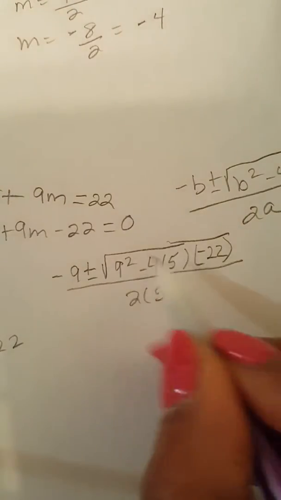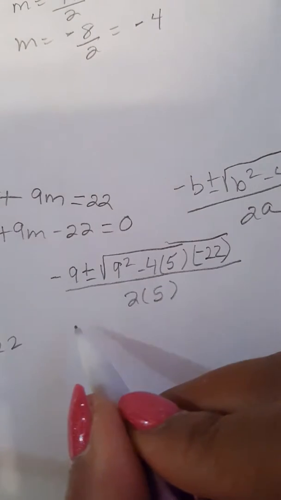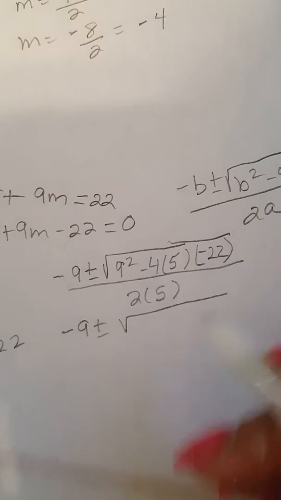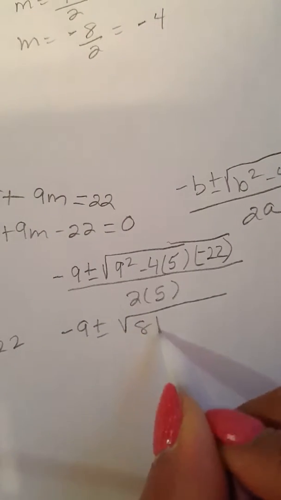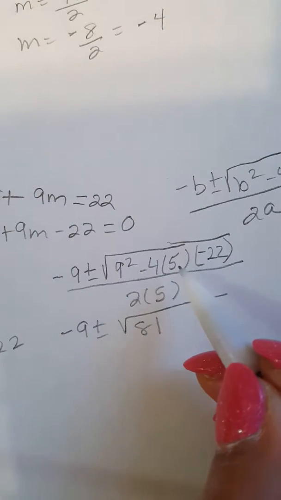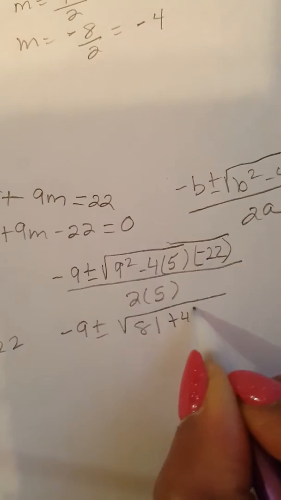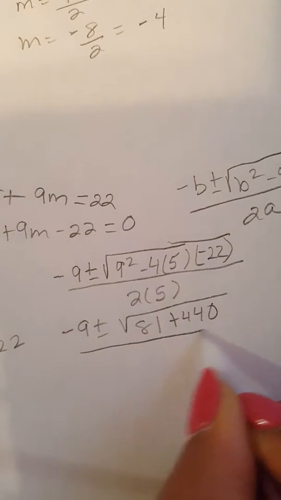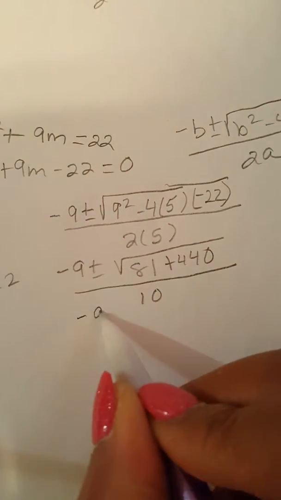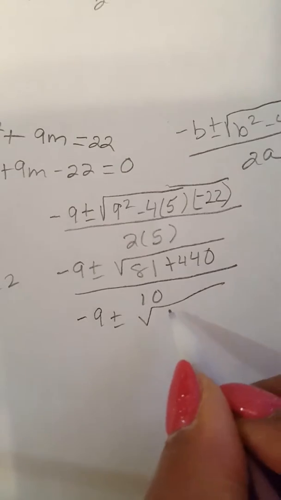And then we simplify what's underneath the radical, get it down to one number. So that's negative 9 plus or minus the square root of 81, and then multiply, treat 4 as a negative 4. Negative 4 times 5 times negative 22 would be a positive 440, all over 10. And then negative 9 plus or minus the square root of 521,